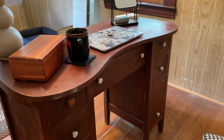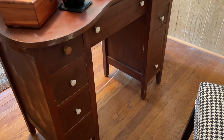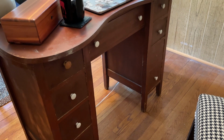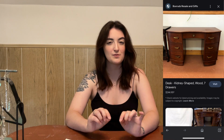Next item that we picked up was this desk that I'm currently sitting at. It's a kidney bean shaped executive desk, but it's actually fairly small in terms of length. I saw it on Facebook Marketplace, it was listed for free, and I fell in love with it. After doing a reverse image search, it was pretty difficult to find anything similar, but I did stumble across this one, which retailed for